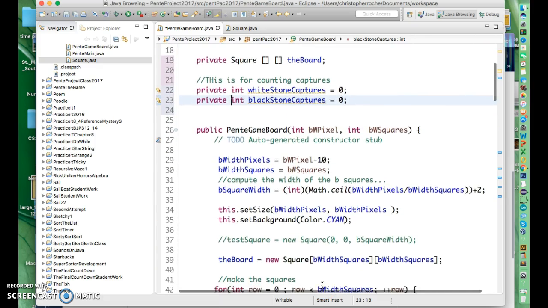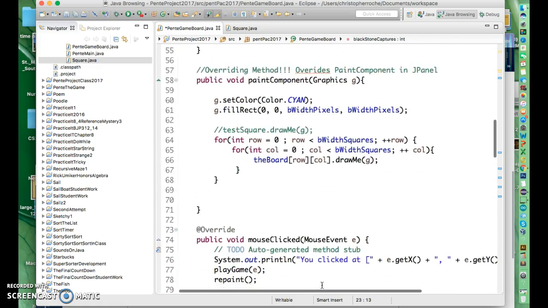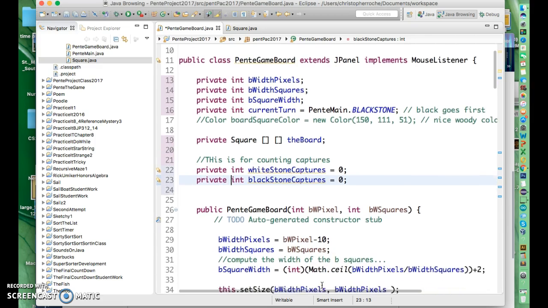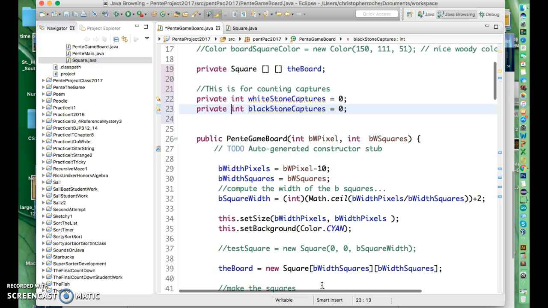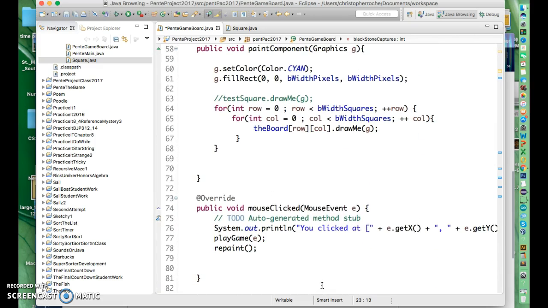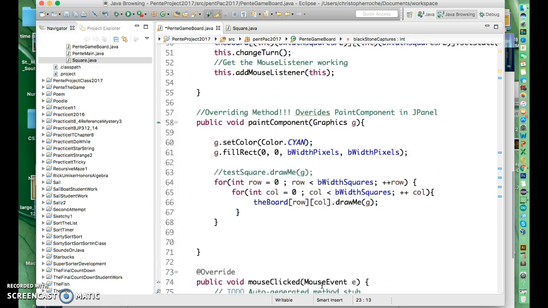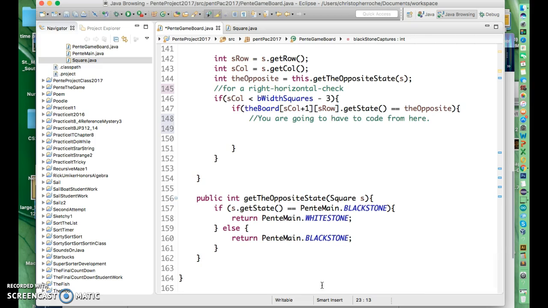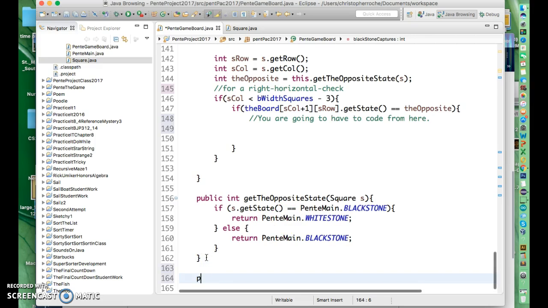Okay. So what we want to do is, if it's black captures, we're gonna have to figure this out. So we could actually make a routine maybe to handle the capture part. Yeah, maybe that's something I want to do. And let me see. This is all part of check captures, right? Maybe we want to make a public void take stones,